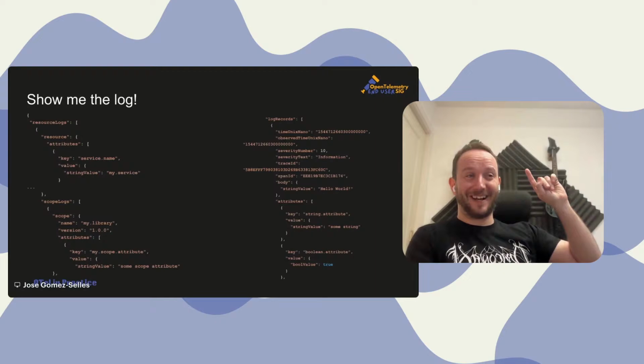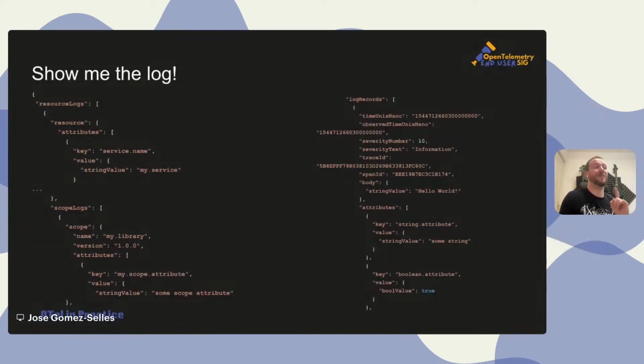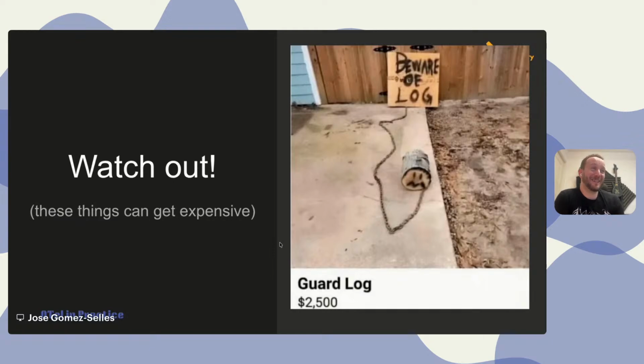Last thing, why? I was showing how useful and cool this was, but now if I show you this, right? If you are watching this afterwards, maybe you can stop the video and check. If I ask you what this is, it can be very difficult to know, right? What am I showing here? What I am showing, maybe not the best colors, is a hello world message again. And why am I telling you this? Because these things can get expensive, right? At the end of the day, we are talking about some strings. We all love to produce data because then we can save it for a rainy day. It comes with some cost, right? But those are more into the optimization world. But yeah,